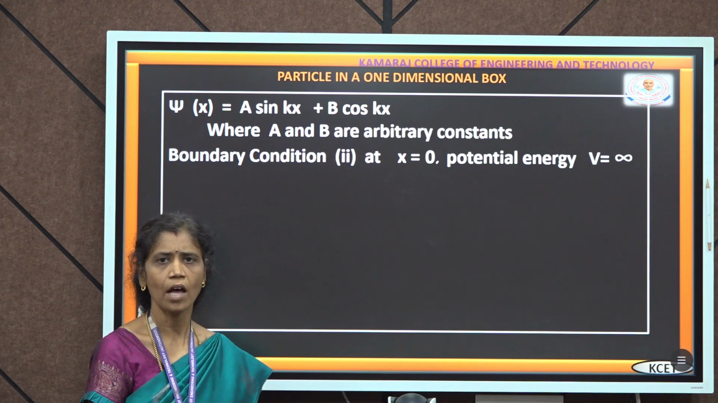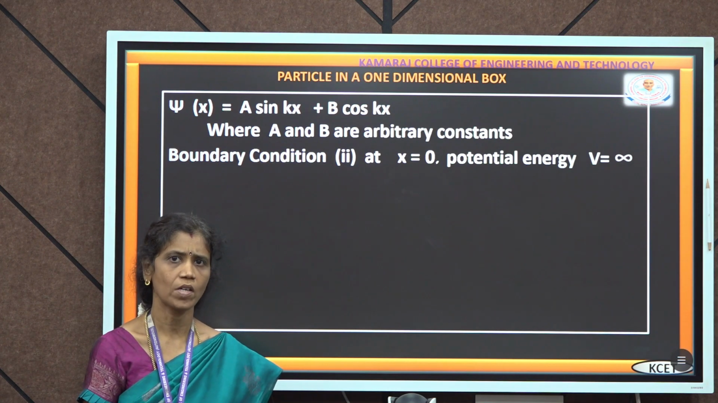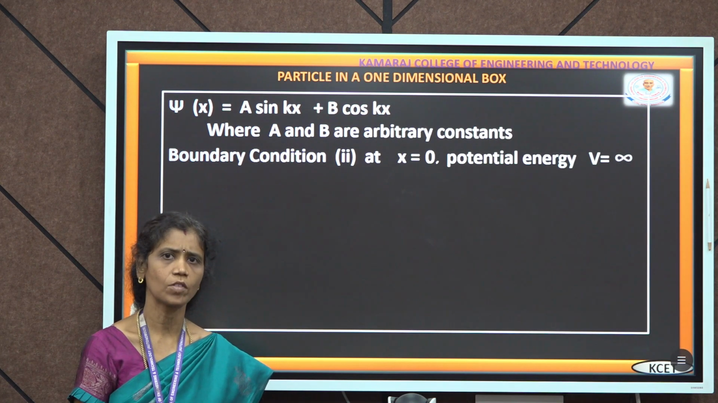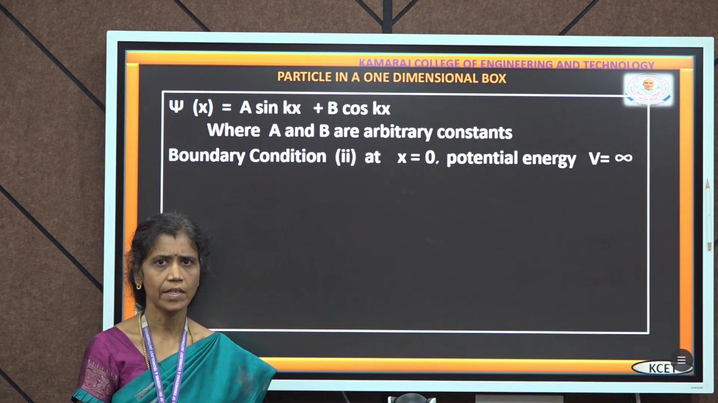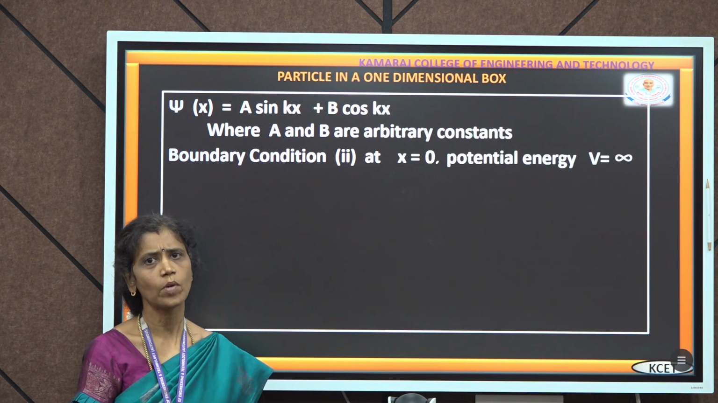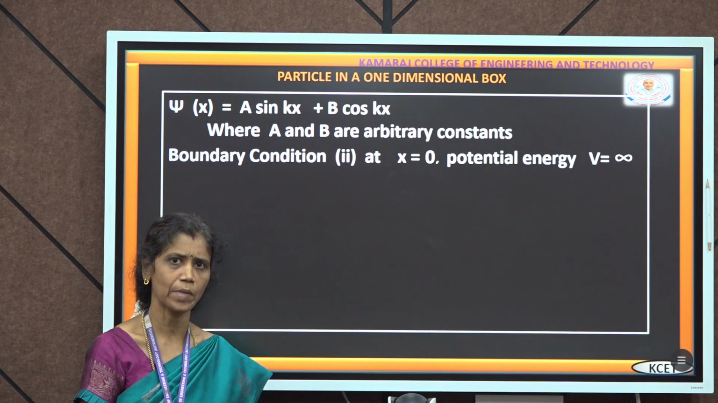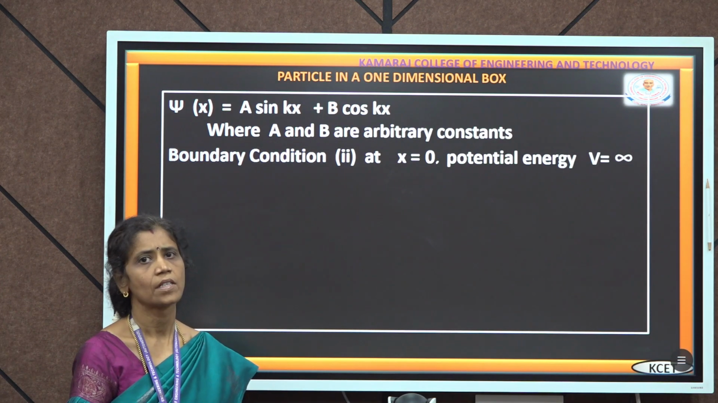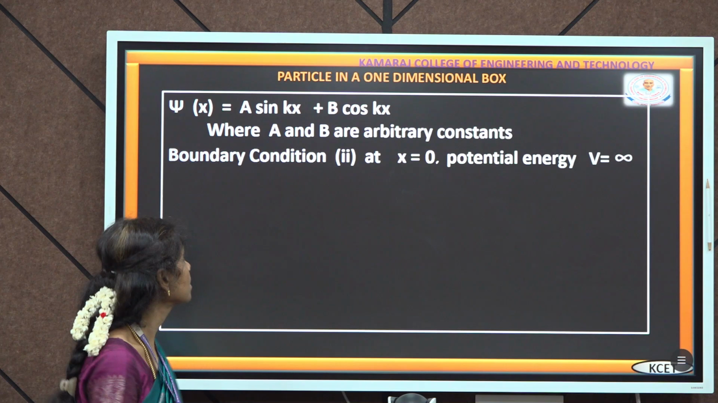The psi of x is the wave function of the particle in the one-dimensional box. This equation has two arbitrary constants, a and b. Now we have to evaluate the constants a and b. For that, we apply the boundary conditions of the one-dimensional box. First, the first boundary condition is